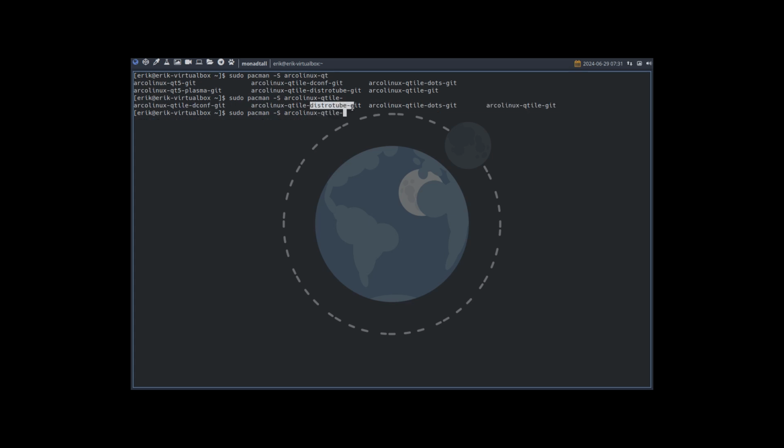So these three, we have Distrotube, we have dots, and we have this one. This one is what you're looking at. If you say Eric is talking about Distrotube all the time, dots is from Distrotube, but older, let's say two years or something like that ago. If you want to have a look at another code to learn, to compare between these three, we have three variants, Qtile 1, Qtile 2, Qtile 3. Then you need to remove one with the other. So if you want to compare,